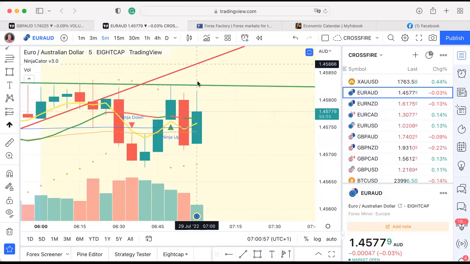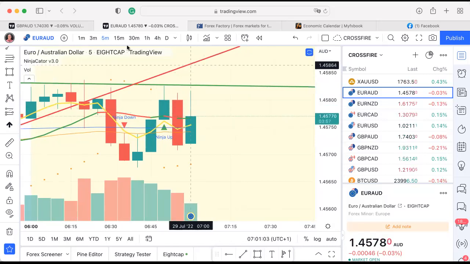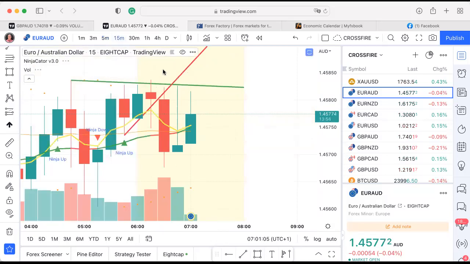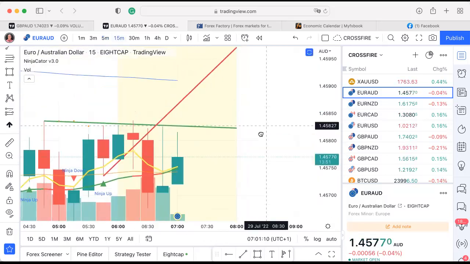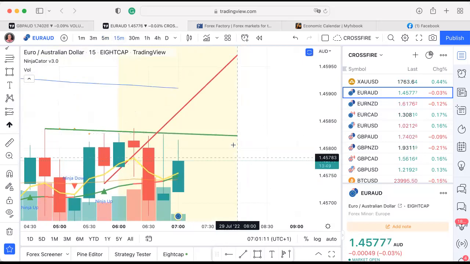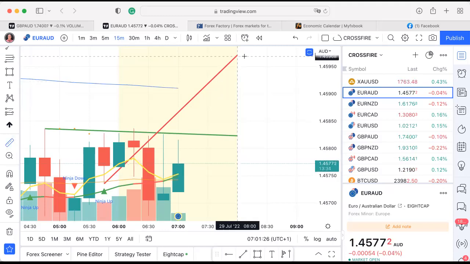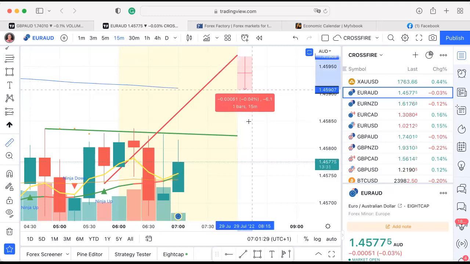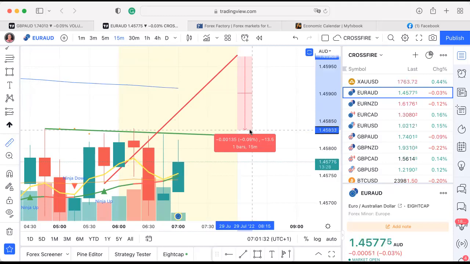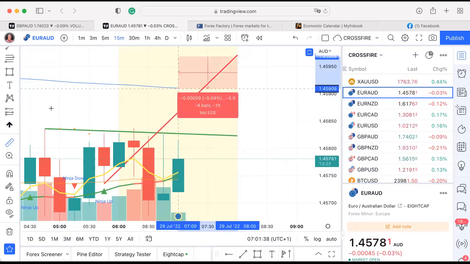Because those two lines are quite close together, that red line is a concern. If you were looking at a higher time frame, if we were over here somewhere, sort of 8 o'clock-ish, and you were looking at price breaking through that green line, you would then be saying, well, there's quite a distance between the green and the red line. The question I would ask is, is there room to maneuver before it reverses again? So I would just measure it, and between where we are now and where we're going to struggle, there's about 13.5 pips. There's also that one there.